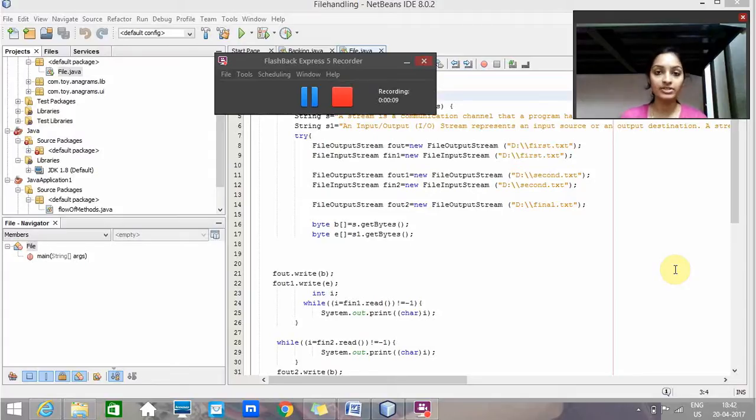For that I have got a question: I have to create three notepads named first, second and final. First will contain some text and second will also contain some text. I just have to read both texts and write them into the third notepad, final. So first I will show you my